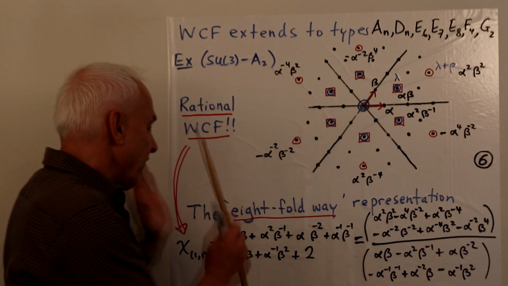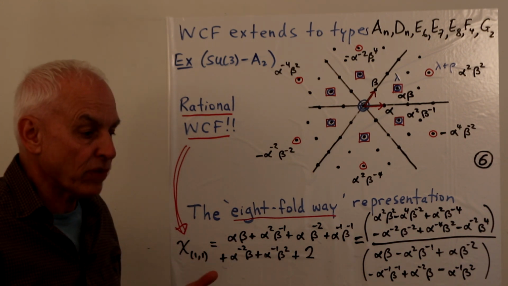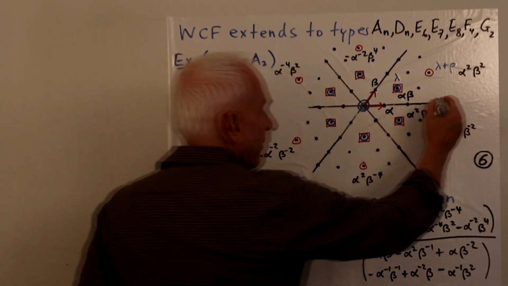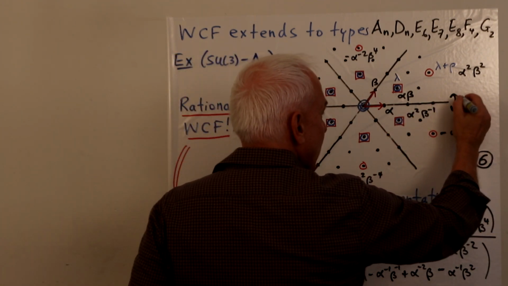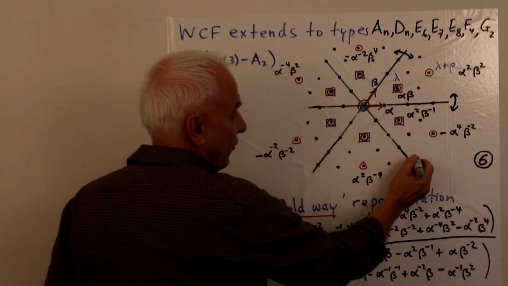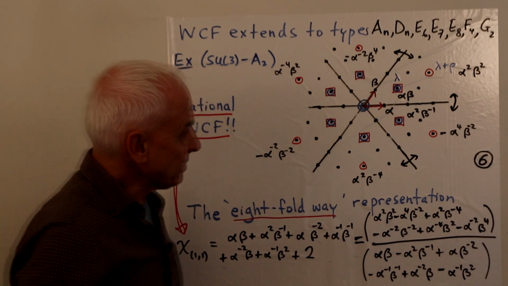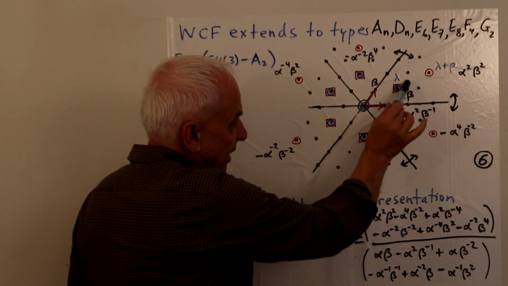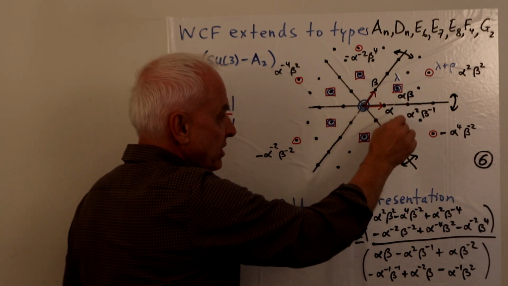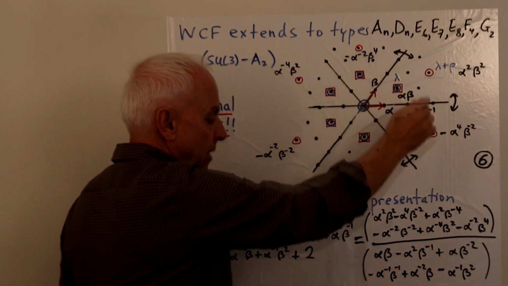And what the Weyl character formula says is that this is a symmetric polynomial, but now with regard to a group which is a little bit bigger. The Weyl group consists of reflection in this axis, but also reflection in this axis, and in fact also reflection in this axis. So the Weyl group here has the property that if we take one of these points like this one here, then the orbit of that point under all the group actions is exactly this hexagon. In general, it's a hexagon.